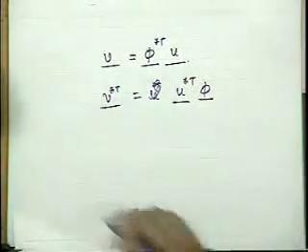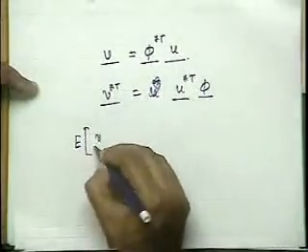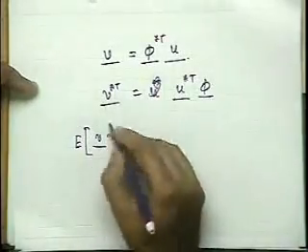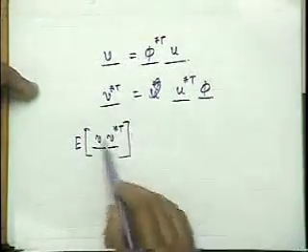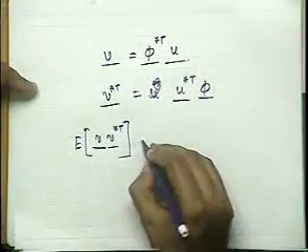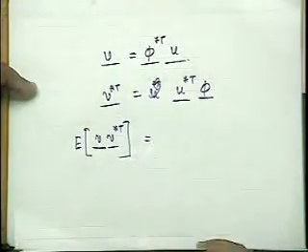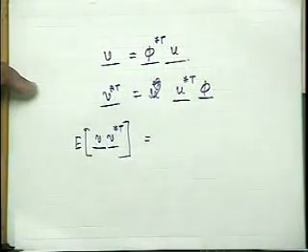So what is going to be the expectation of V V star T? If I am considering the expectation of V V star T, then this is going to be the autocorrelation of the